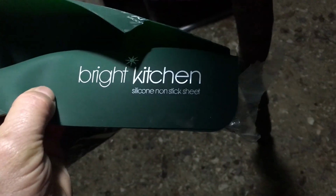this stuff here, just FYI, if anybody wants to do something like this, or you want to make a port, this is silicone, fireproof silicone, and it's really paper thin, and it's called Bright Kitchen silicone, no stick screen. You can bake in an oven with this, so you could put this like